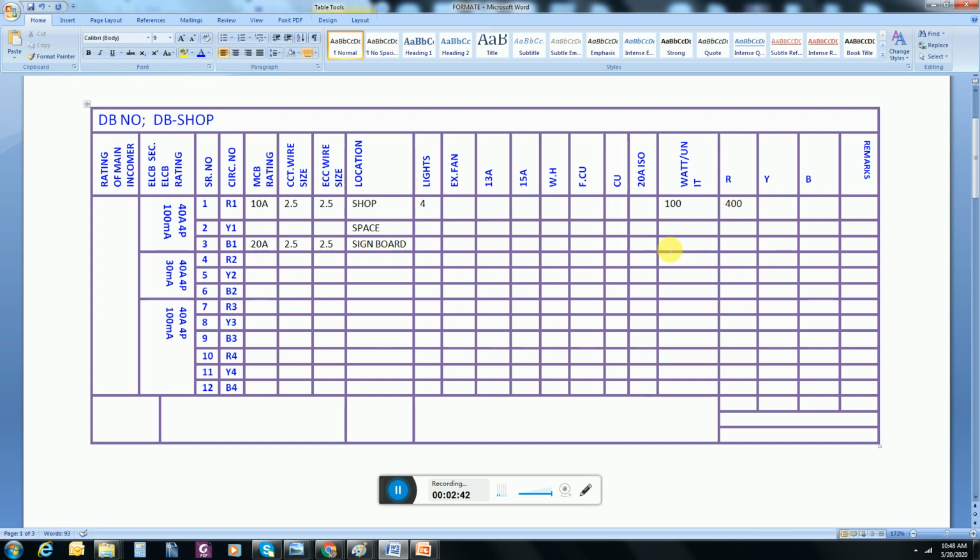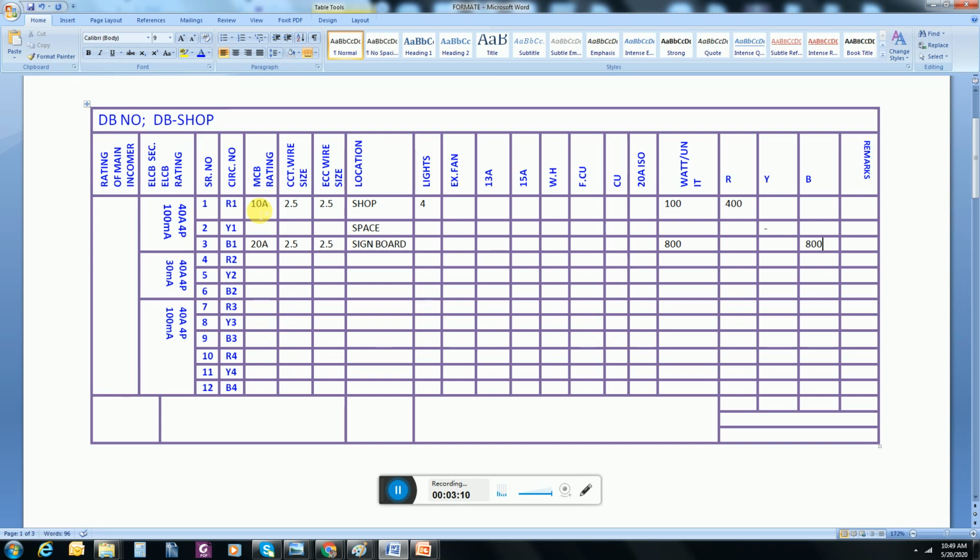Its load depends upon the size of the signboard, but I think 800 is enough. So here on the yellow phase nothing, and on the blue phase I will write 800. Now this lighting section is closed for the shop.